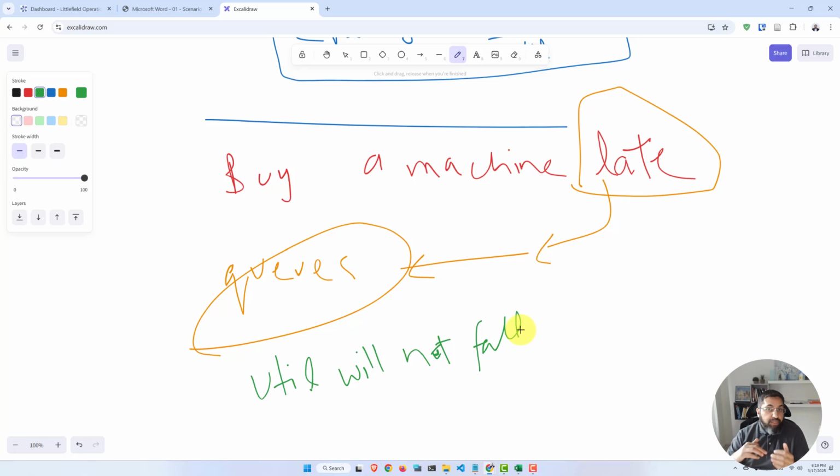You have way more capacity than demand now. You have too much capacity, but you're still eating up the old queues that you built up. This extra capacity is munching through like a cookie monster. It's going through that queue, but it's still going to take a few days to get through the queue. And then your utilization is going to hit rock bottom because you bought too many machines now and you didn't